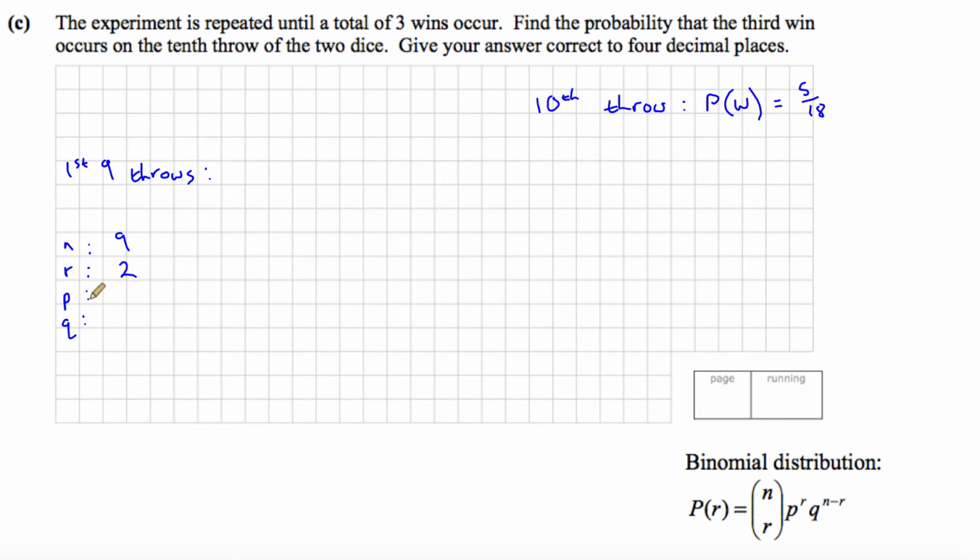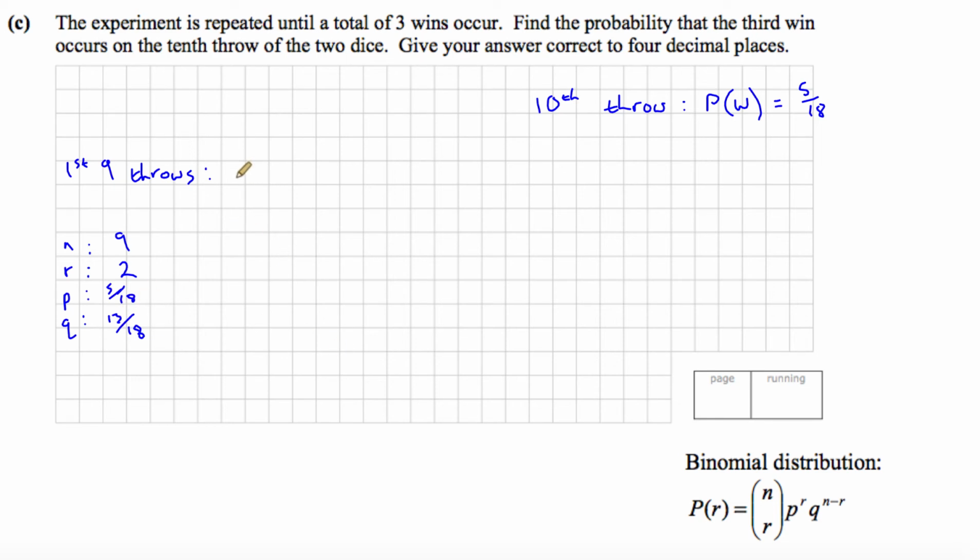Our p-value, the probability of success, is the probability of a win, that's 5/18. And q, the probability of failure, will be 1 minus that, so 13/18, as we've already worked out, the probability of a loss, or a failure as we define it. So now what we're going to do is plug these numbers into the